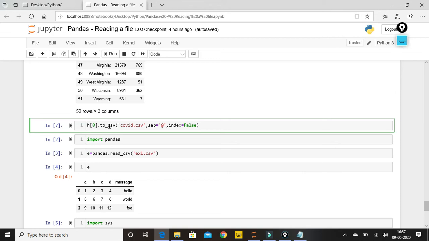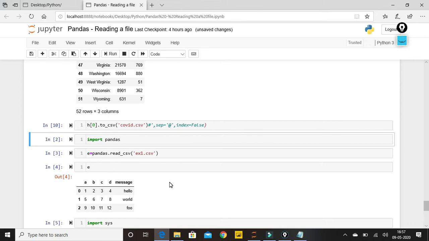So what it will do is make one CSV file in which it will store my h of 0 data. h of 0 data is nothing but my COVID cases in America. And then I'll give the file name, or you can give the path if you need to store into some other directory. I'm just giving the name because I want it to be stored in the same directory as my Jupyter notebook. I'll execute only this so that it won't be confusing, and then I'll comment it out by giving hashtag. I'm executing this. It's successfully executed. Now I'll check.